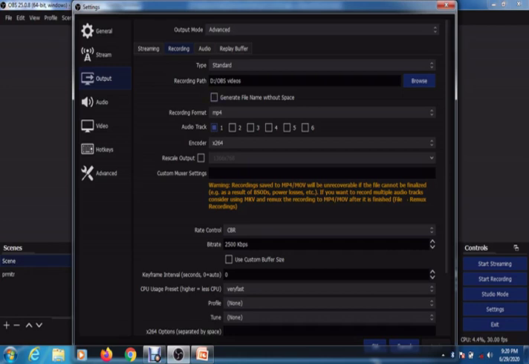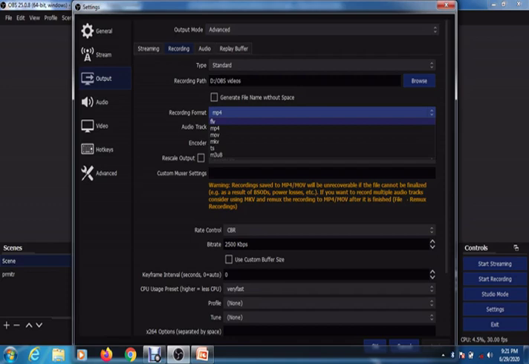And the next important thing is the recording format. Now in this recording format, the default is MP4. If you click on this drop down button, you can see FLV, MP4, MOV, MKV, TS and M3U8. These are the different formats in which you can record your video.